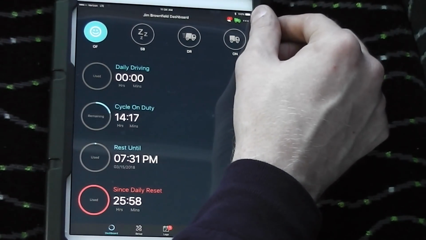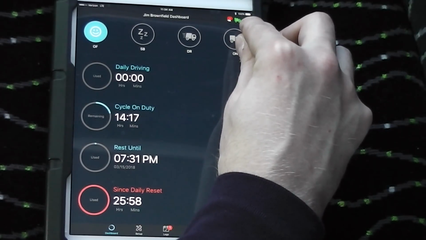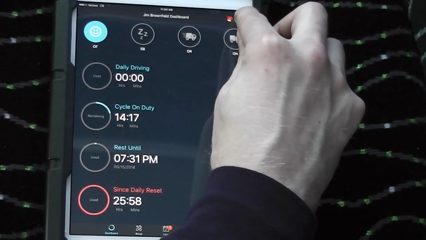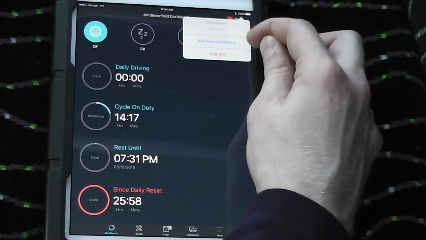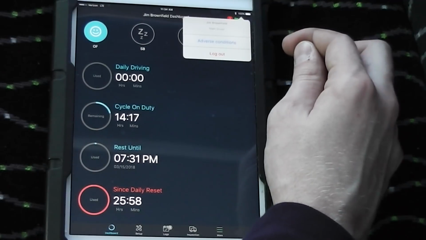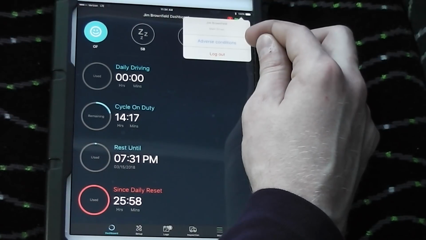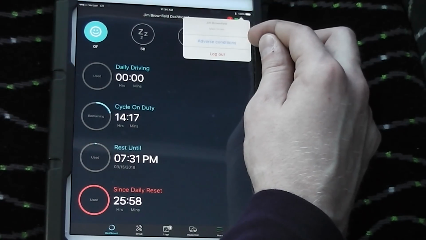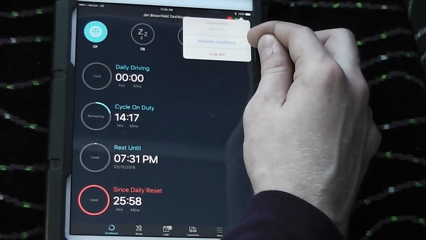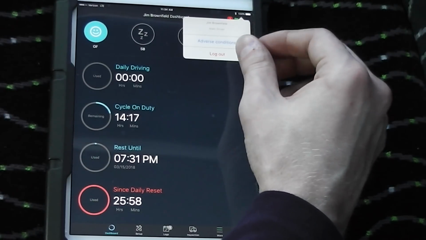To log out of the vehicle, you want to hit the top right. There's 3 dots up there. You hit the top 3 dots, and it'll give you the option to log out or adverse conditions. So we'll log out. The only time you'll use adverse conditions is very rarely, and that's in a case of winter hazards, or if there's an unpredicted traffic jam. That'll give you some extra time to use, but that is rarely used. So we'll hit log out,